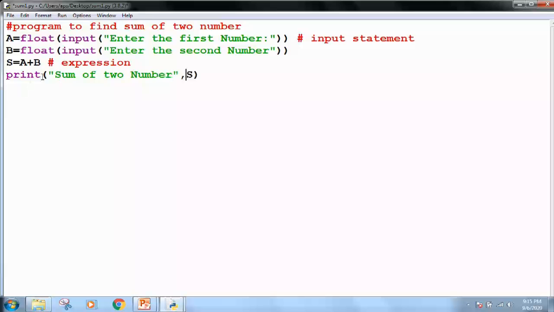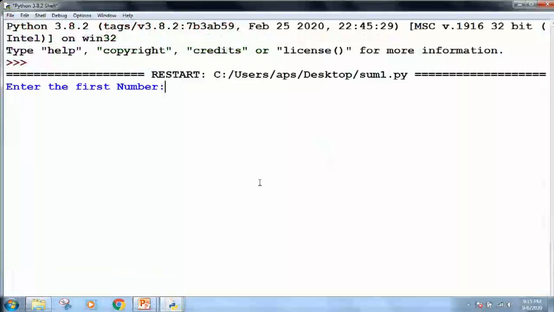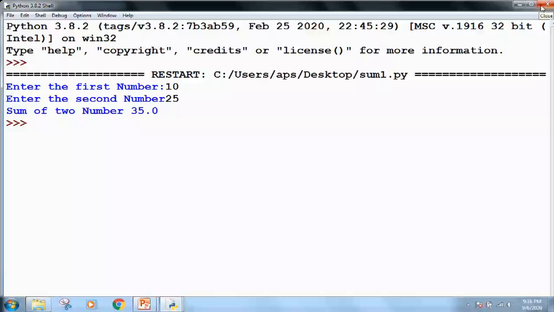I am taking a new file to show you the print. If a is a variable, a = 10 and b = 15, and you want to show the values of both a and b in a single print statement, you can do so by putting a comma in between.